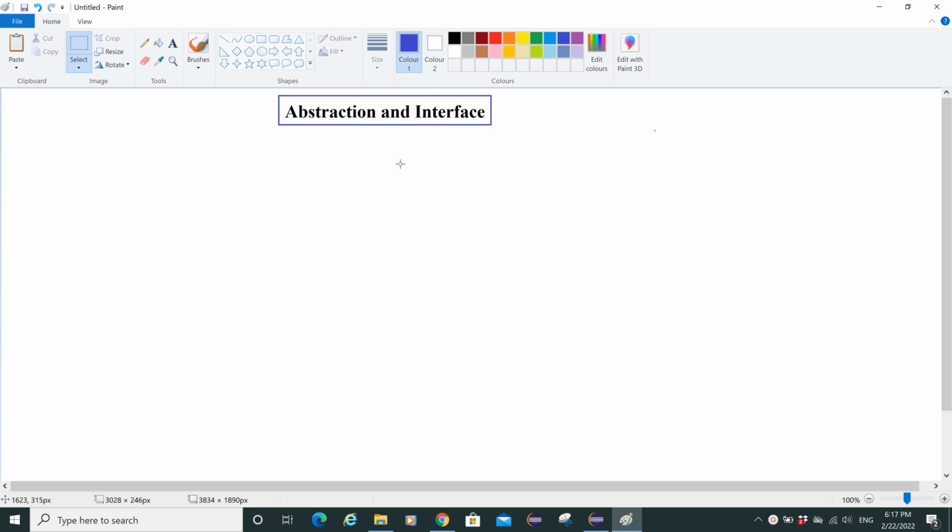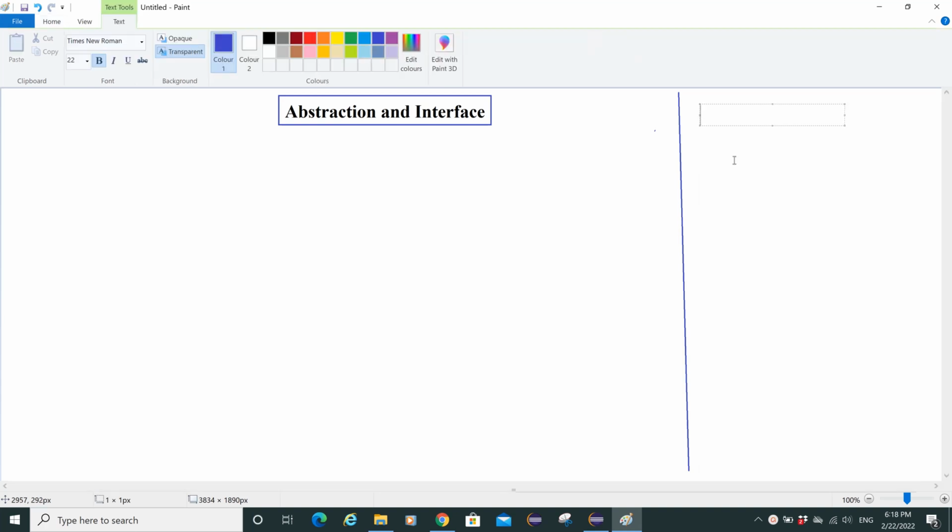So today the topic is abstraction and interface. Okay, before going into the topic, the first thing that I want you to understand is two terms: abstract method and non-abstract method. Hope I'm audible. We will be talking about abstract method